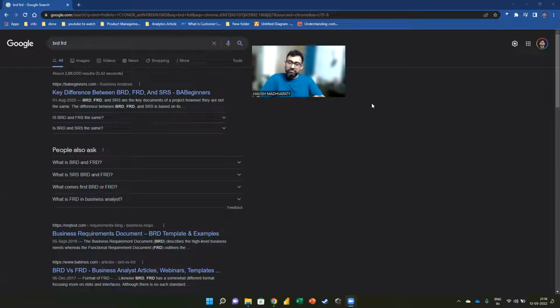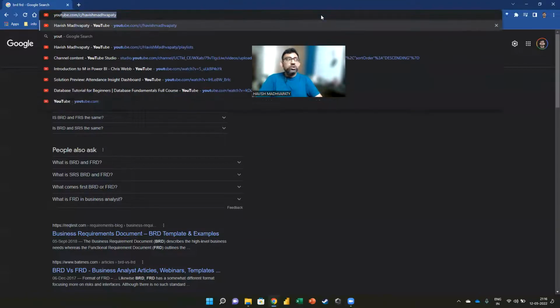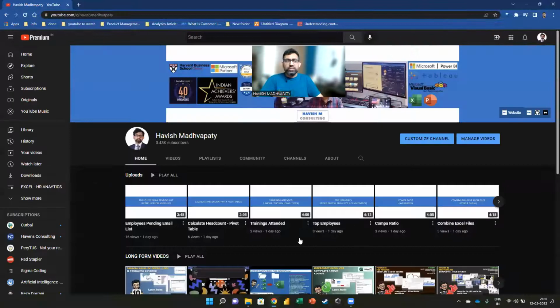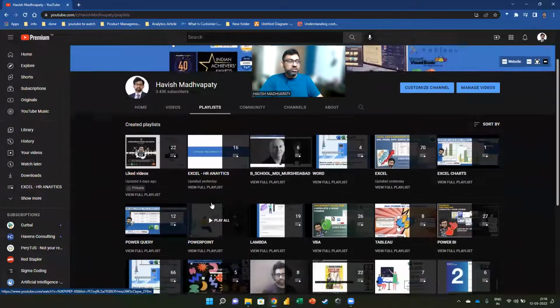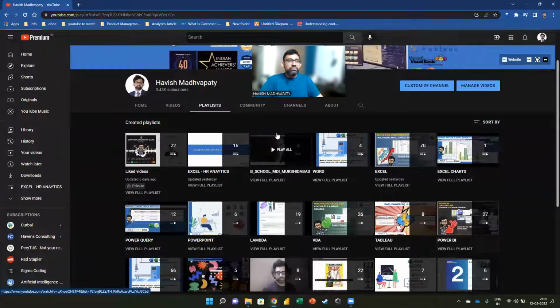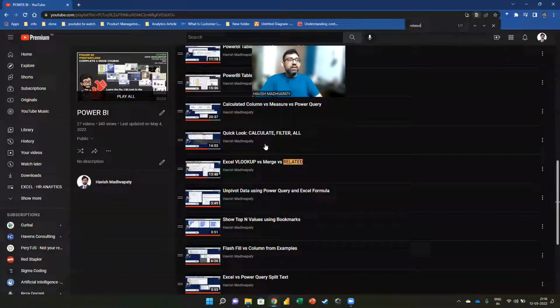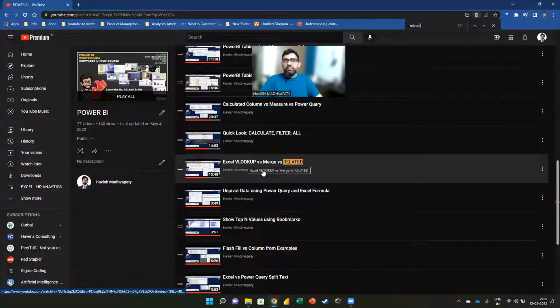You know VLOOKUP in Excel? A little bit, yeah. I mean, you have heard of it, right? I'm sure at least you know how important it is. I'm sure all of the 21 people right now will agree with me that it is super important. Everybody has to do it. Now let me show you something. Check this out. In Power BI, we don't have VLOOKUP. We have something called merge, which is in Power Query, and we have something called related. The function is not called VLOOKUP, it's called related.